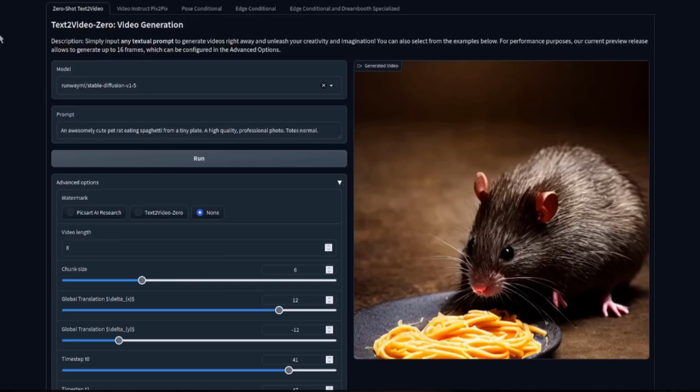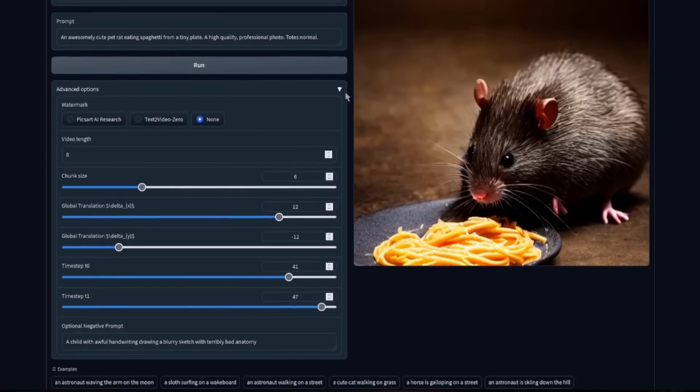that downloaded. I have an example prompt there, an extremely cute pet rat eating some spaghetti from a tiny plate, and by default, those advanced options are hidden, but I always like to show them. You can turn the watermark off. You can have a little logo there or a Text2Video-Zero logo, or just turn it off. Video length, of course, is reasonably short. You can make fairly long videos, but as you've seen by the quality of them, you may not want to